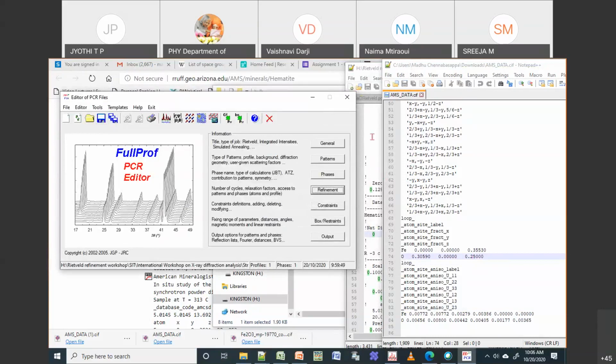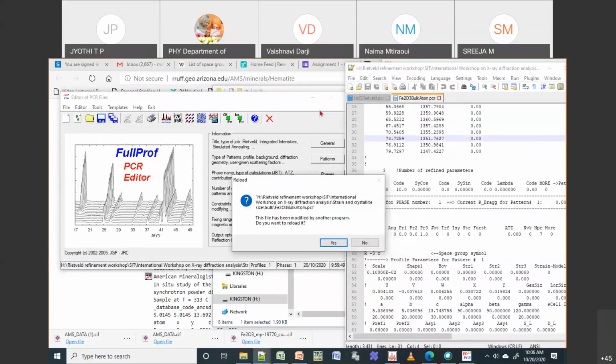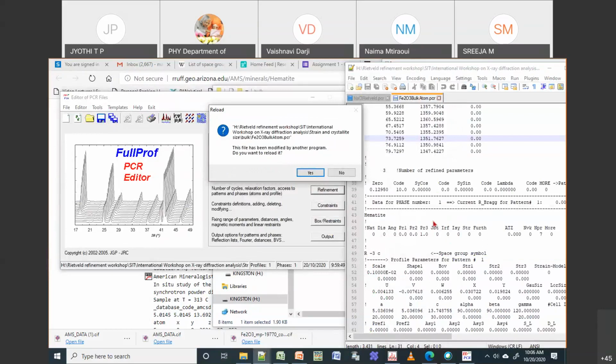So now if I go here, initially we made it JBT equals 0. This means we are doing structural model. As we have changed the file using EDPCR, it is asking to update the information. So I will say okay, I want to update it.